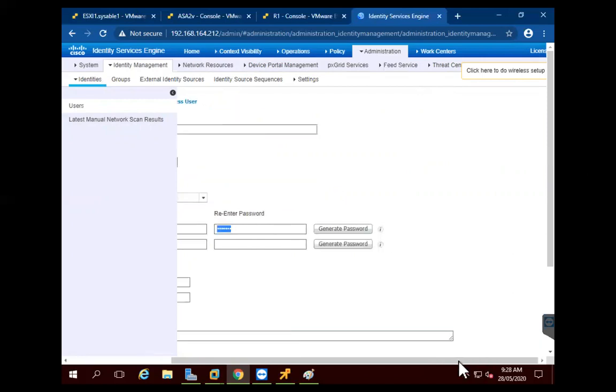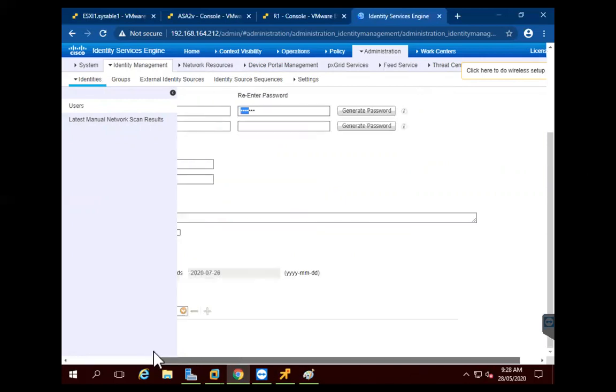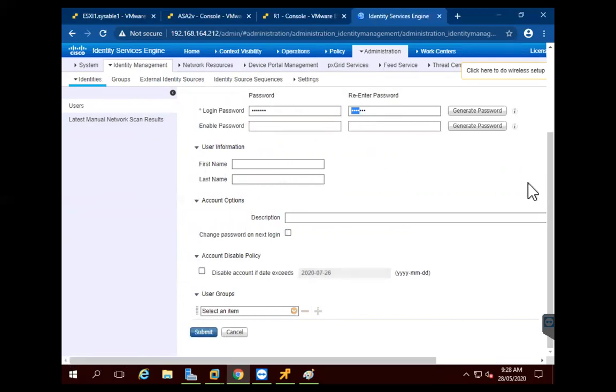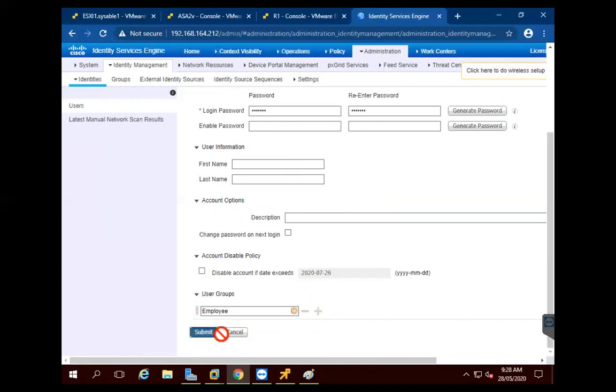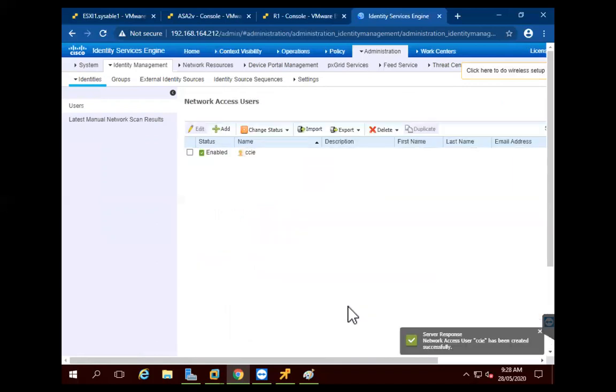So same CCIE but capital C and the remaining CCIE123. And here the user group, so I will assign a user group of employee for this user and I say submit. So now the user also has been created, and the device also has been joined to Cisco ICE.